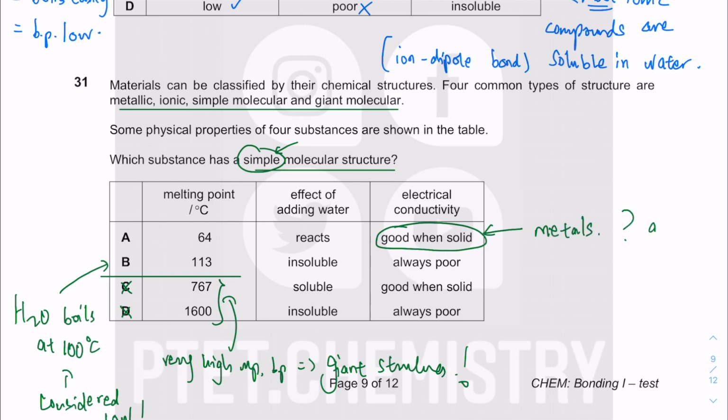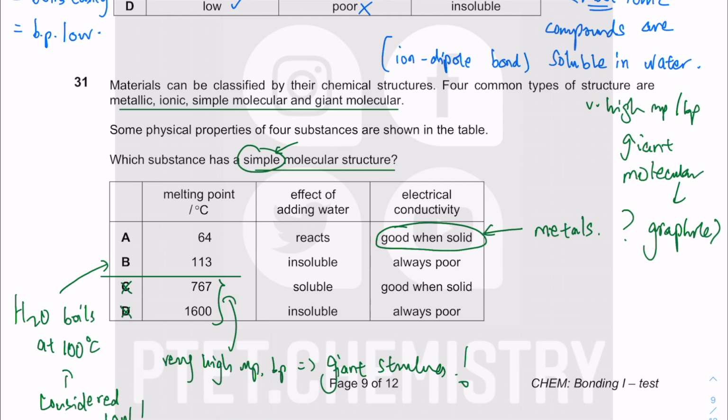Or could it be graphite? But graphite is giant molecular, and graphite will have very, very high melting point and boiling point. Look at this melting point here. It cannot be graphite. It must just be a different metal, because only metals can conduct when solid, as well as